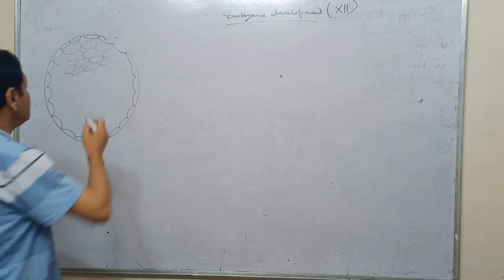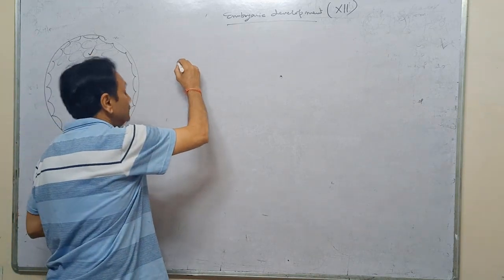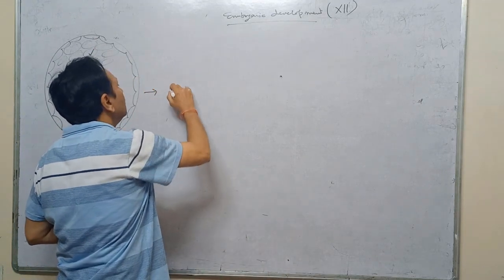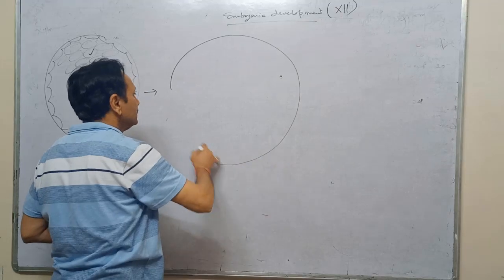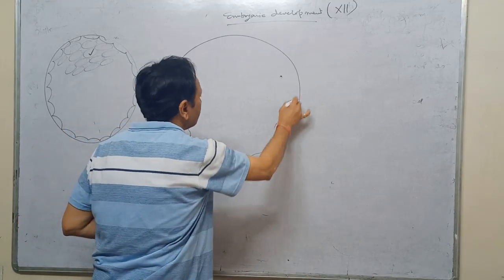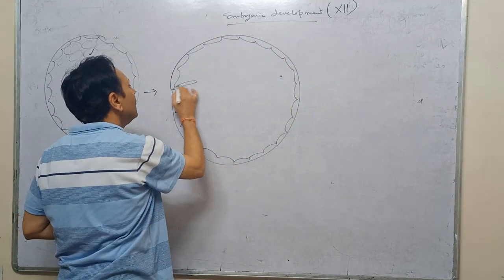Now what happens? There is a change in this inner cell mass. Here we will see that this trophoblast is still here, and this inner cell mass